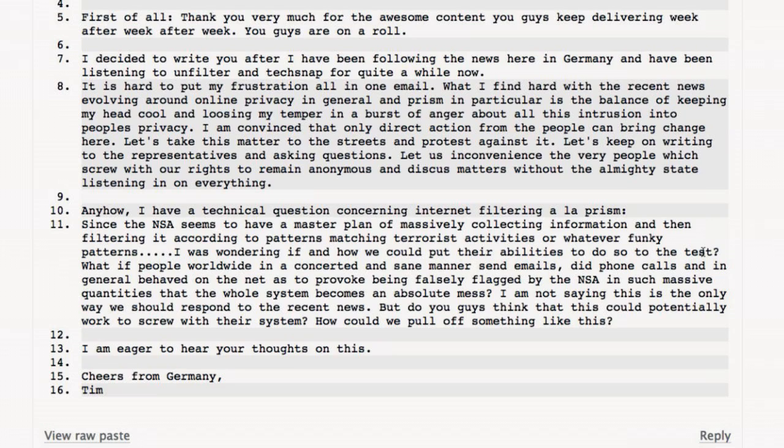I'm not saying this is the only way we should respond to the recent news, but do you guys think that this could potentially work to screw with their system? How can we pull off something like this? I'm eager to hear your thoughts on this. Cheers from Germany. Well, the biggest problem with trying to overwhelm the system is that the system